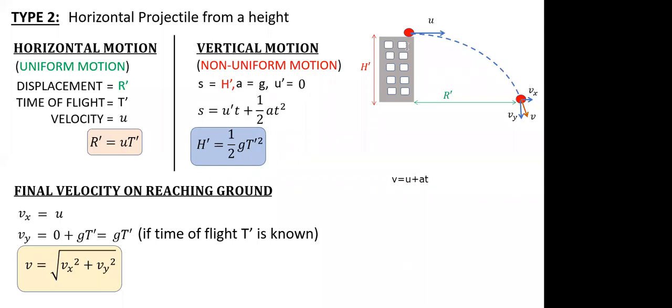Snehil, I took vertically because your ball was thrown horizontally. Now, since the ball was thrown horizontally, at the initial condition there was no vertical component of the velocity. Means when I talk about the vertical motion, the initial velocity is 0. So I took u as 0. That is a vertical motion.